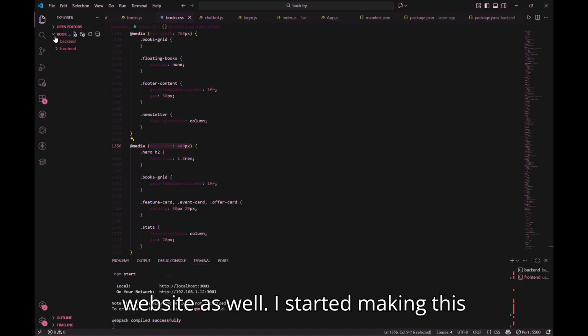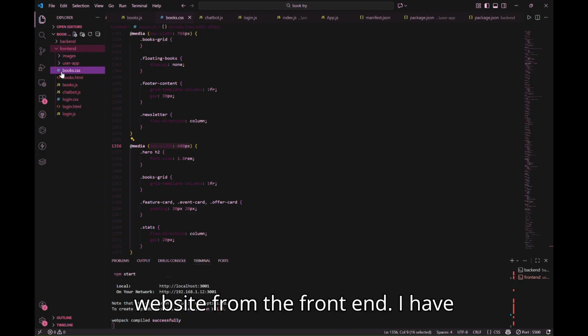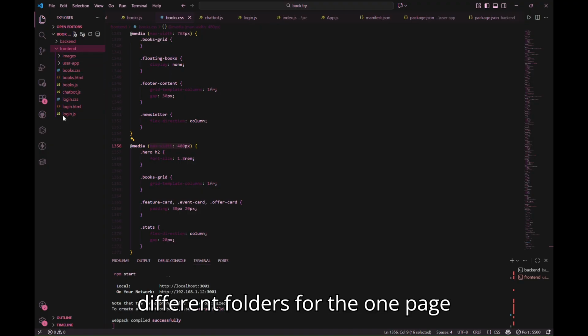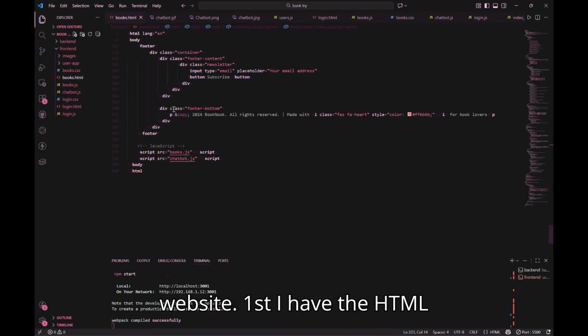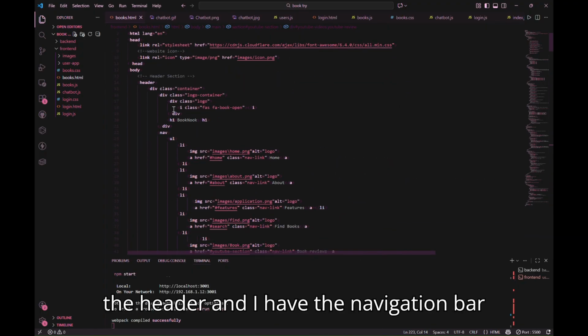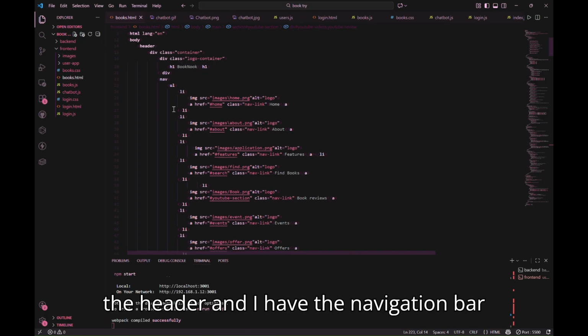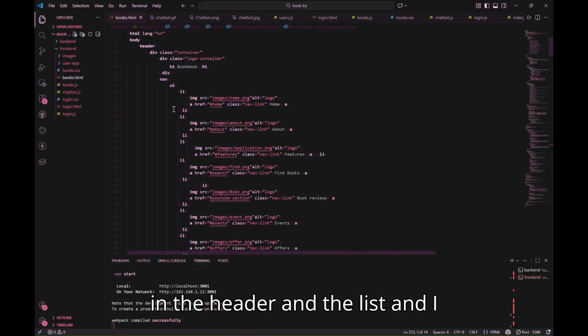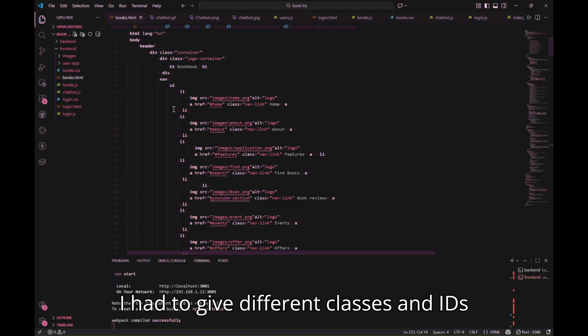I started making this website from the front end. I have different folders for the one-page website. First, I have the HTML file for the main page, which starts with the header, and I have the navigation bar in the header in a list. And I used div to give different classes and IDs to the container and edit it